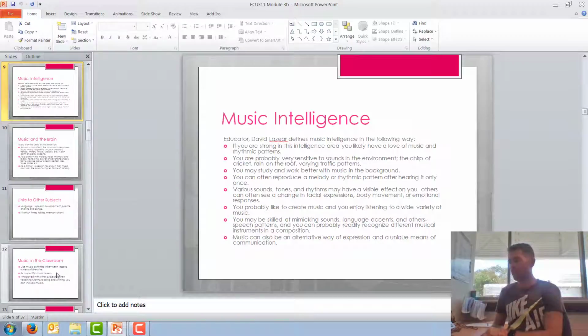So various sounds, tones, and rhythms may have a visible effect on you, so you'll notice it in your facial expressions. Others will be able to see that change in your facial expressions, or your body movement, or an emotional response in some way. So you will typically have more of a response from music, which people will be able to see and notice. You probably like to create music and enjoy listening to a wide variety of music,